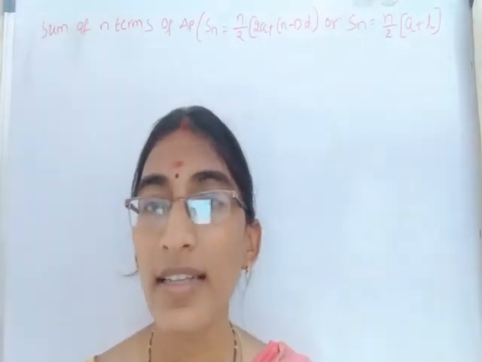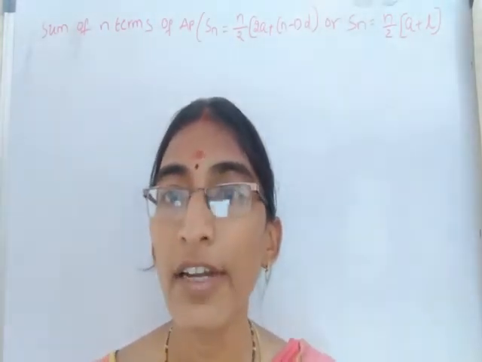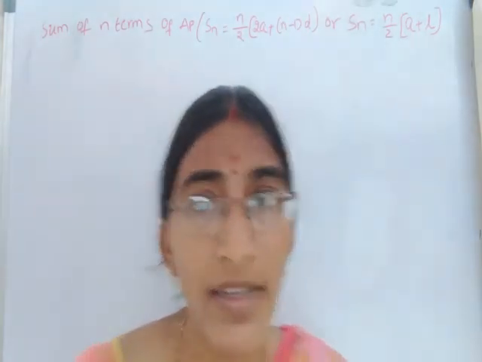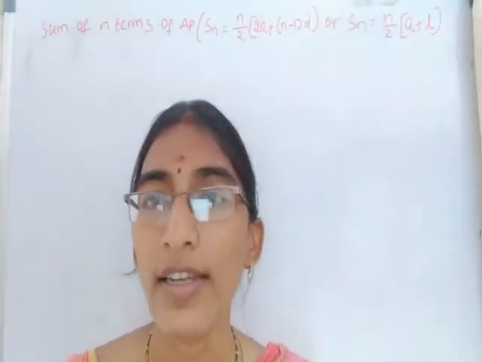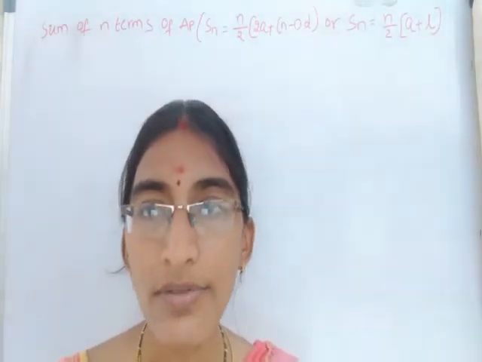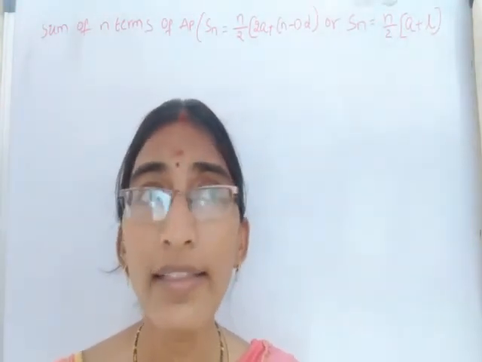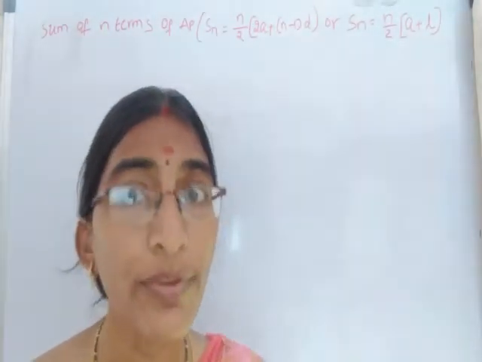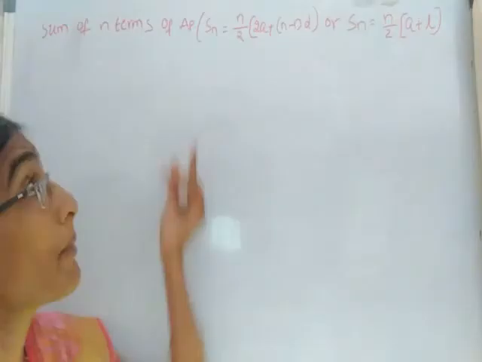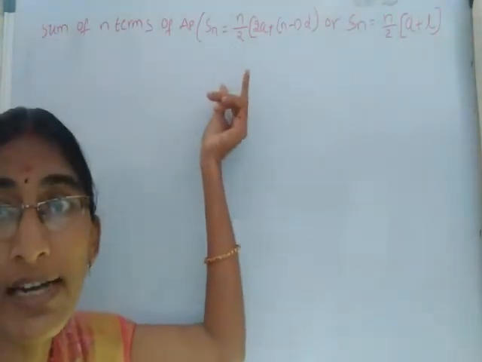In this class, let us discuss the proof of the sum of n terms of an AP. Already we know that the sequence of an arithmetic progression is a, a plus d, a plus 2d and so on. The nth term is a plus n minus 1 into d. Now we have to prove the sum of n terms of an AP, that is Sn is equal to n